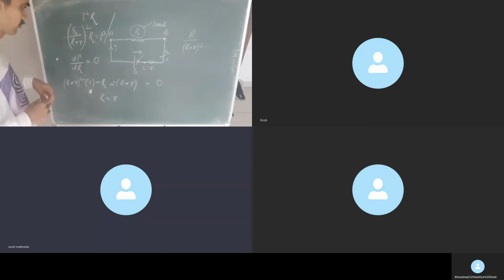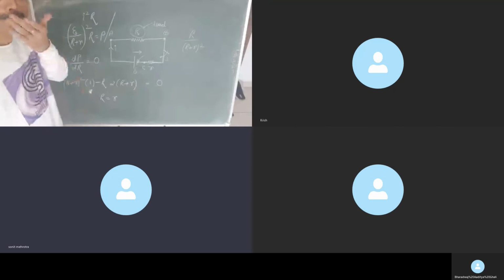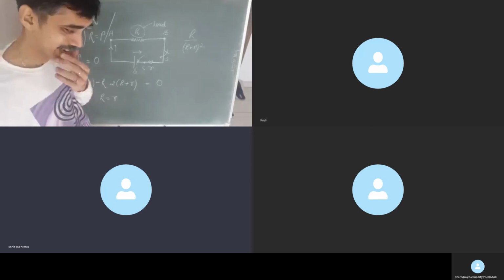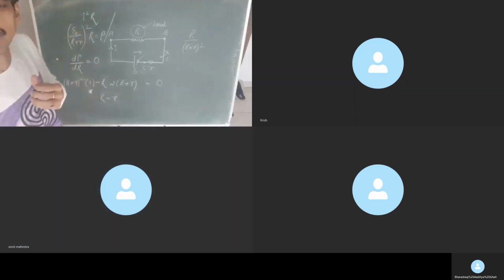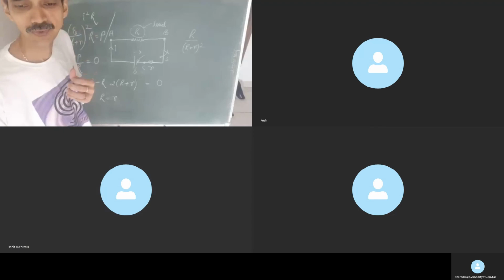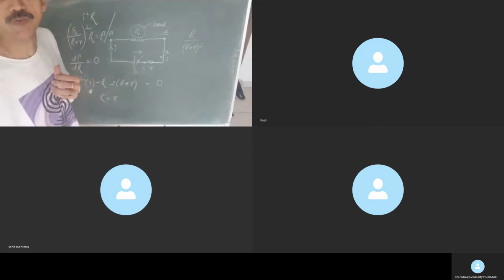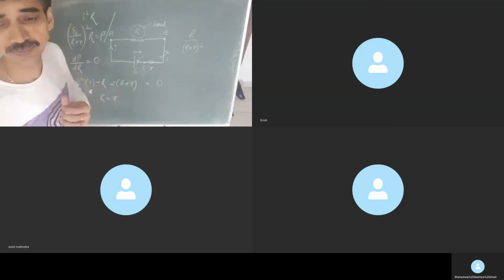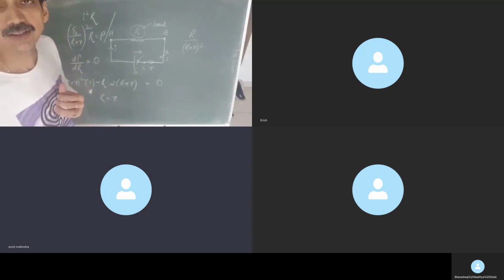Sir, load here means resistance, right? Load over here means any electronic gadget. It depends on what you are taking. It can be an electrical gadget or an electronic gadget. If you are working for power transfer, it is electronic. If you are working for efficiency, then it is electrical. Yes, but it will offer resistance only. Yes, it will offer resistance, of course. It will always offer resistance, be it low or high. It has to offer resistance. That's the reason it is called load. Right, dear? Yes, sir.